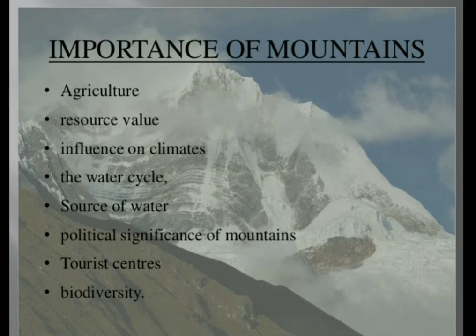Water from the mountains is also used for irrigation and generation of hydroelectricity. As a science student, you know this also. The river valleys and terraces are ideal for cultivation of crops in the mountains. Mountains have rich variety of flora and fauna. The forests provide fuel, fodder, shelter and other products